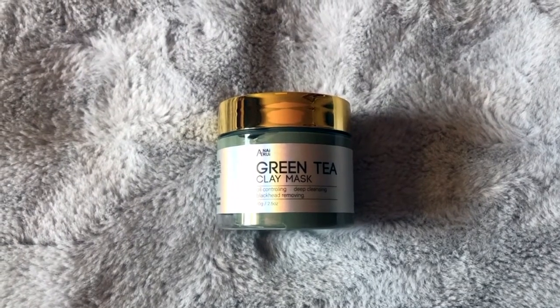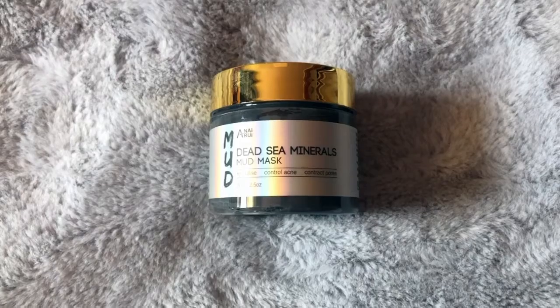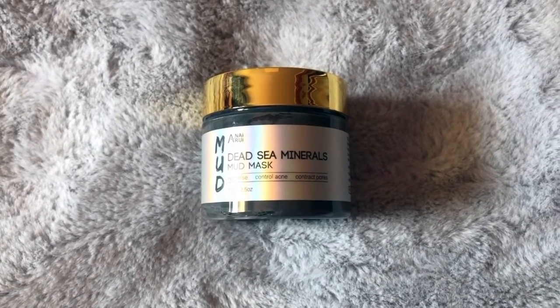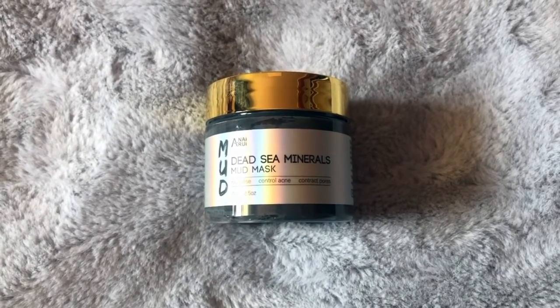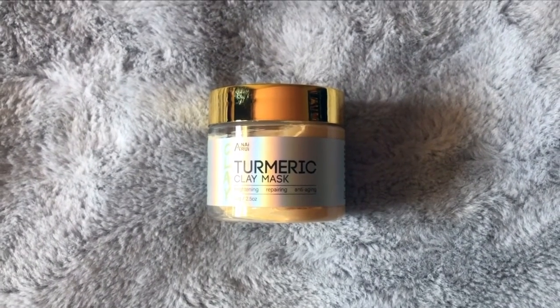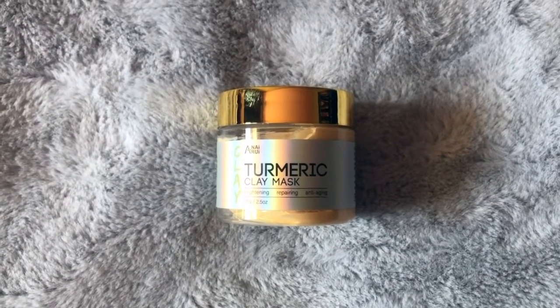The Green Tea Clay Mask is great for oil control, deep cleansing, and blackhead removal. The Dead Sea Minerals Mud Mask helps revitalize the skin, control acne, and contract pores. And last, we have the Turmeric Clay Mask, and that helps brighten and repair the skin, and it's also great